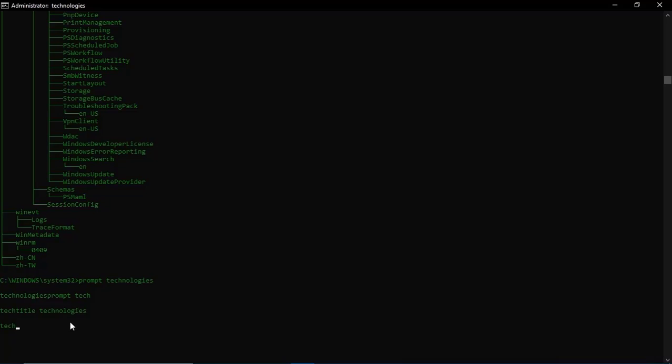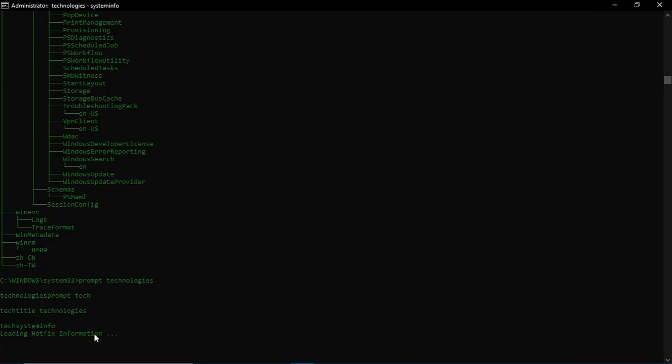Coming to our next command, it is systeminfo. This command will help us to display a list of details about our operating system, and the command is systeminfo.